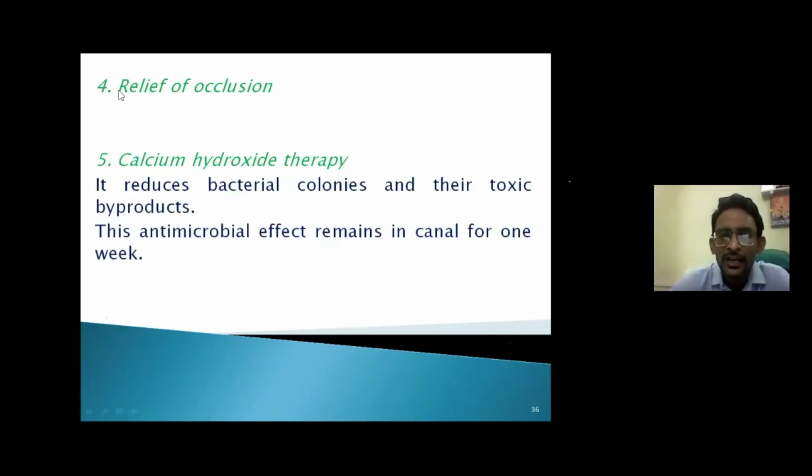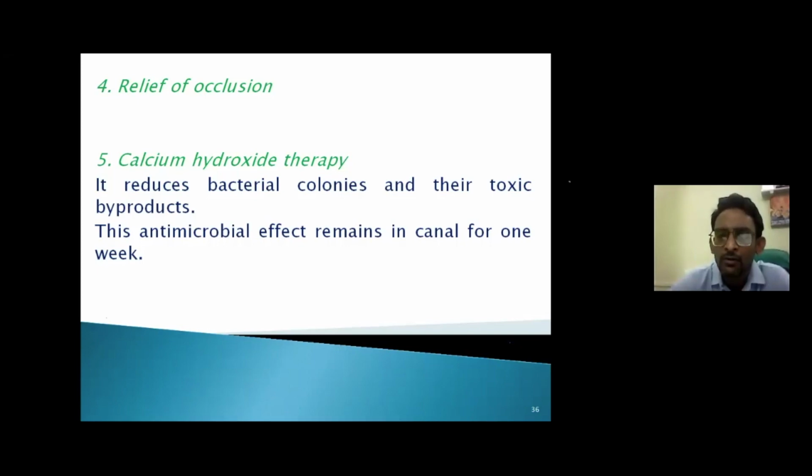Fourth is the relief of occlusion. In case of a chronically inflamed tooth presenting with a flare-up, we have to deocclude the tooth so that it does not come into contact with the antagonist tooth. Why do we do deocclusion? We do this procedure because whenever there is a flare-up and there is a periradicular inflammation